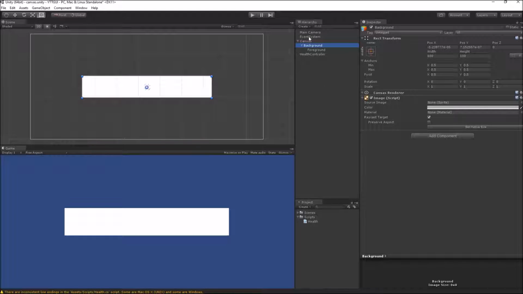Then you can directly change the parent panel, and that will affect every UI element inside that panel. So the job of panels is mainly to organize different groups of UI elements in your scene into different objects.